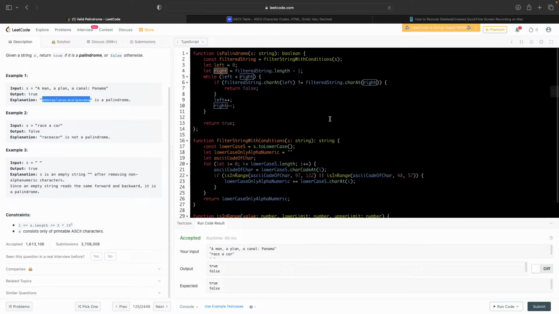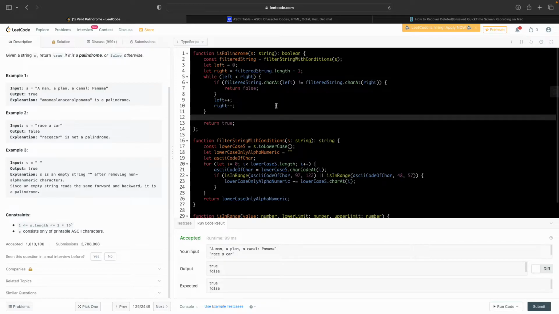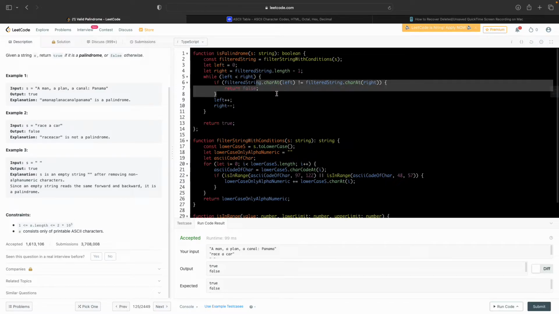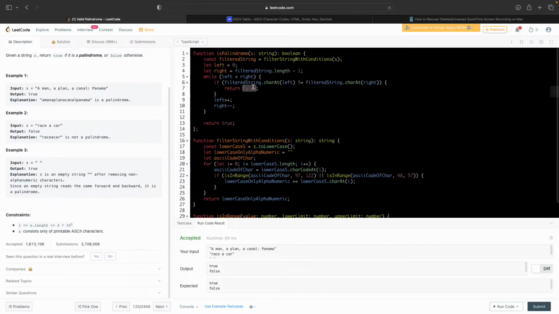A memory efficient way of checking if a string is a palindrome is to set up pointers. So we set one pointer pointing to the leftmost and one pointing to the rightmost character of the string, and then we simply keep checking whether the character at the current left pointer location is the same as the character at the current right pointer location. If at any point we find that the characters at these two pointers are not the same, we return false. Then we move the pointers to the next characters, so left comes to m, right comes to m here,